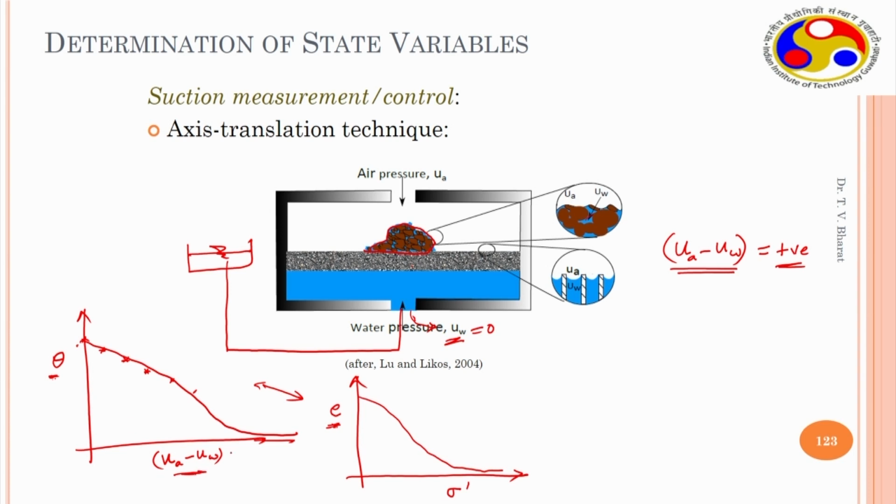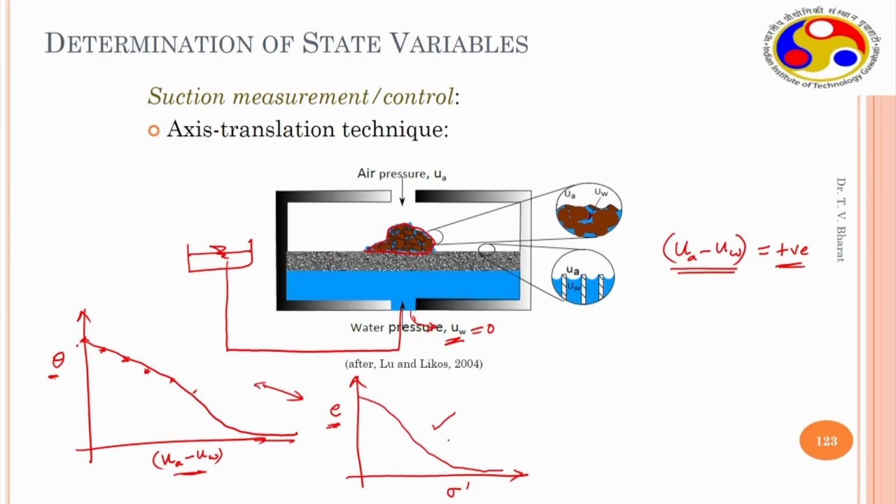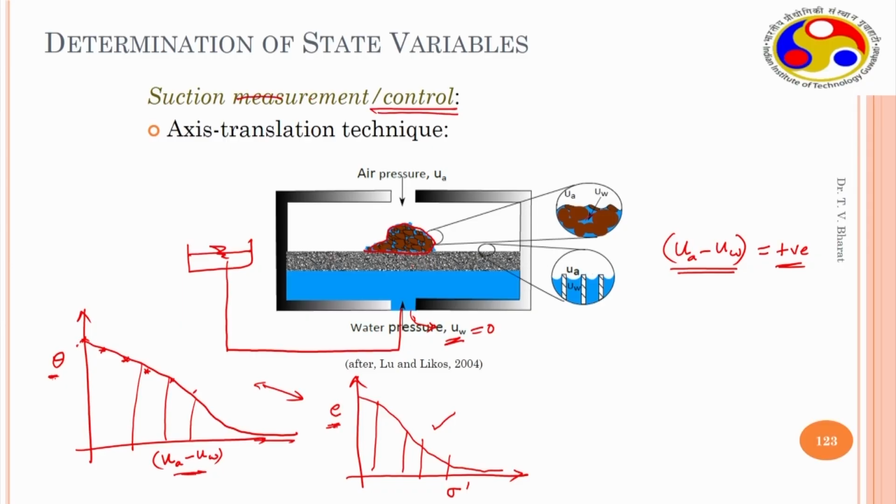Similarly, here also you are applying some load, a matrix suction load. When you increase it, water comes out, so the water content drops. Same thing is happening. However, the difference is that consolidation is conducted at a fully saturated state, where at any given point the soil is saturated, but here it is the unsaturated case. Beyond air entry, there is unsaturation in the soil. So both are similar, but here air pressure is applied. Instead of directly measuring, we are controlling the suction. So this is not a measurement, this is controlling suction. We control the suction and measure its corresponding water content to establish the soil water characteristic curve.